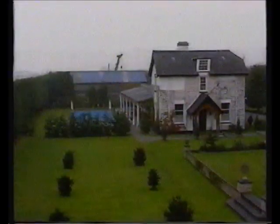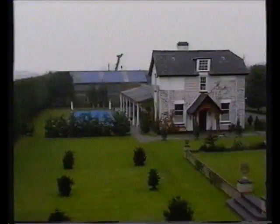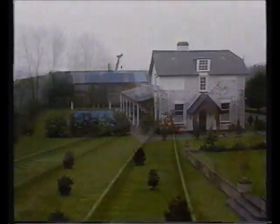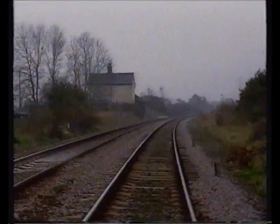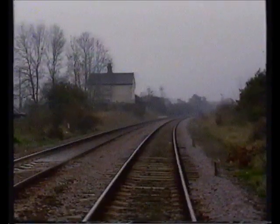The substantial Great Eastern buildings have proved ideal for restoration, although this example at Isleham is hardly recognizable as a former station. At Fordham, the interchange platforms and junctions have totally disappeared, although the main station building, seen to the left of the line,